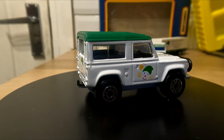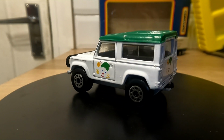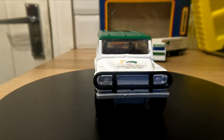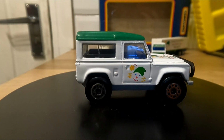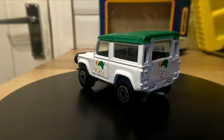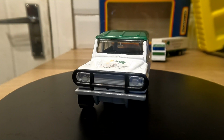But anyway, these Land Rovers were used at the festival, and it was generally used by ground staff for running around materials, moving people around the site because it's quite a hilly terrain where I live, and this was indeed one of the vehicles on site that was used for everyday duties. One thing I think let's to set down, the scale is completely wrong of the Defender to the Transit and indeed the lorry. But it is still itself a unique little model in that for Matchbox it's actually got decals on all 4 sides of the vehicle,